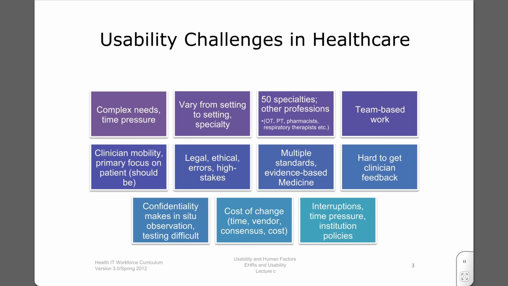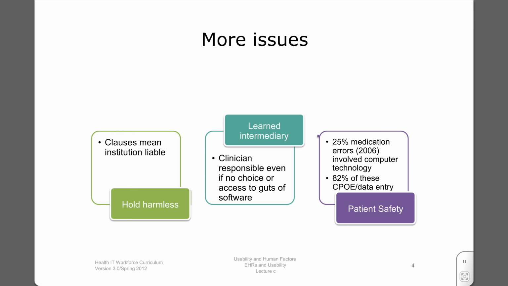Confidentiality considerations and the need to not interfere with ongoing critical work can make studying problems in the field difficult. As we've mentioned before, there can be challenges in finding information. Institutions are liable for errors created by systems, since legal contracts usually include a hold harmless clause, meaning that the vendor is not responsible. The rationale for this is the concept of learned intermediary, that doctors and others using the system are highly educated, knowledgeable people